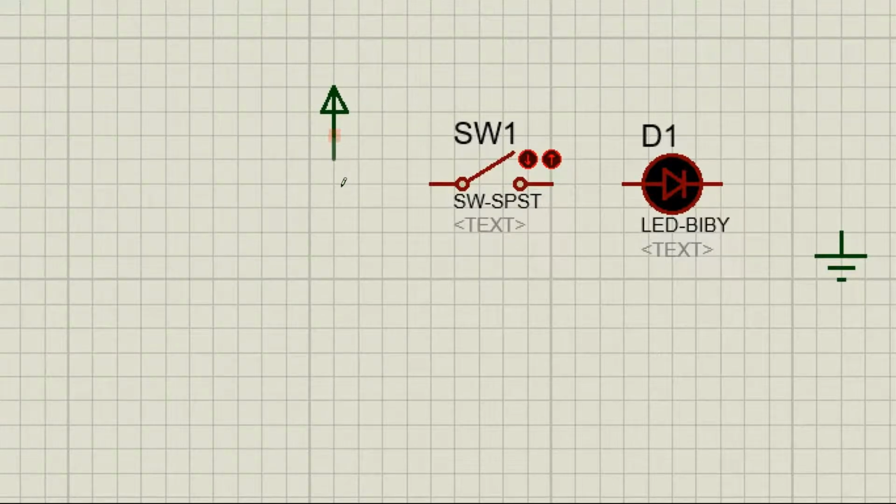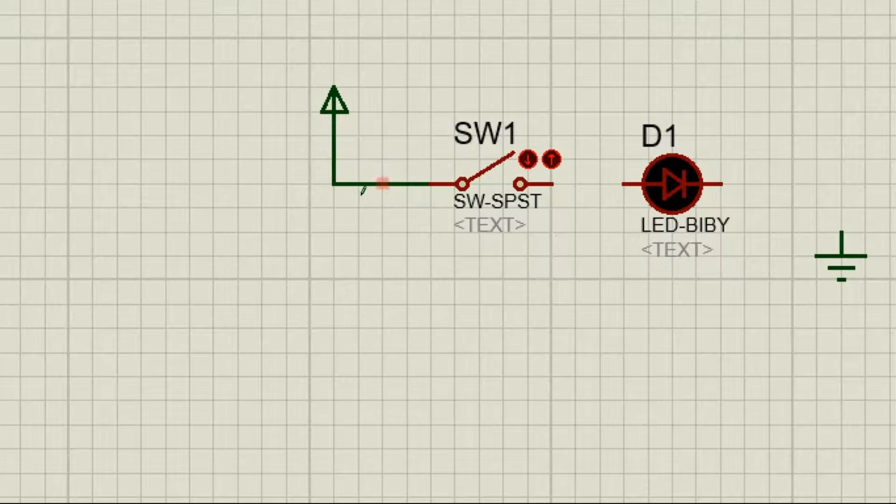So all I got to do is left click on it, and I can drag this wire. As soon as I reach one of the terminals of the other component, again I am getting a red colored square box, and that means that the connection is intact, and in order to connect it, all I got to do is a simple left click.